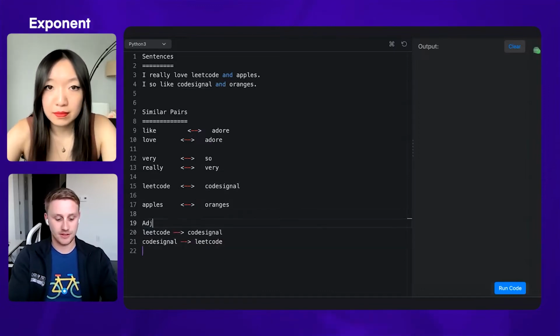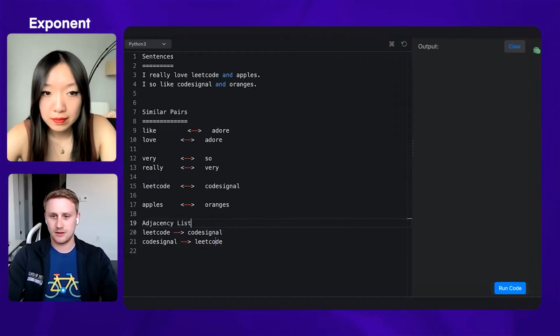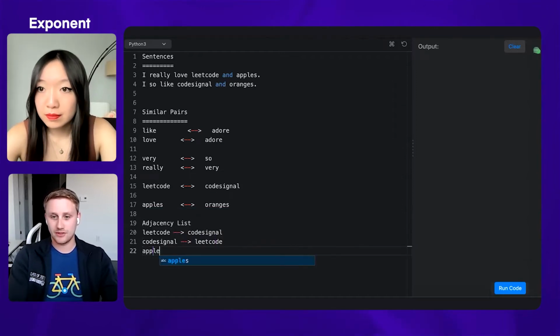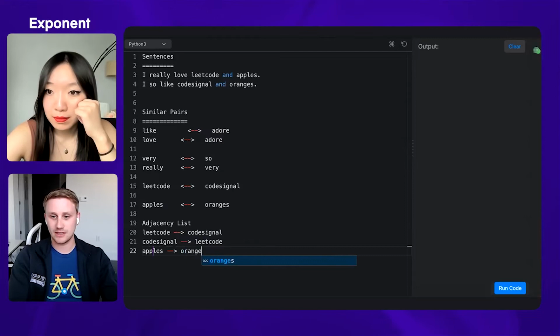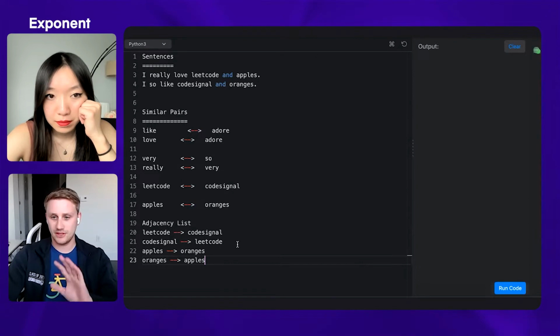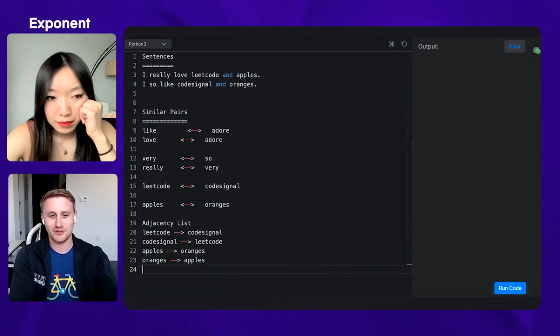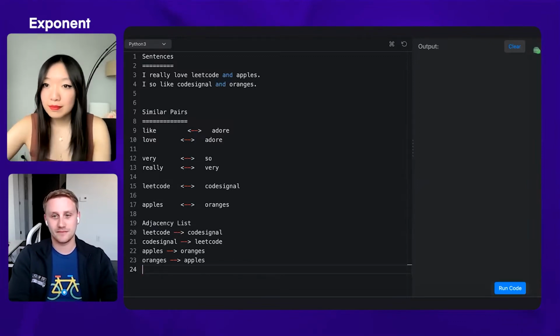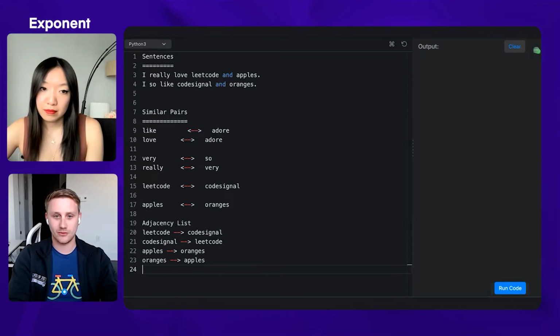Similarly for apples and oranges, we have something like this. These are actually lists on the right-hand side, but for simplicity, I'm not putting any square brackets around it. Now is where we get to the interesting one, where we have a relationship like,